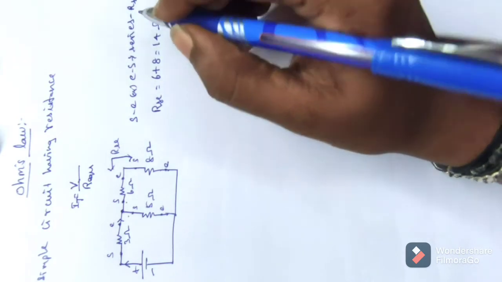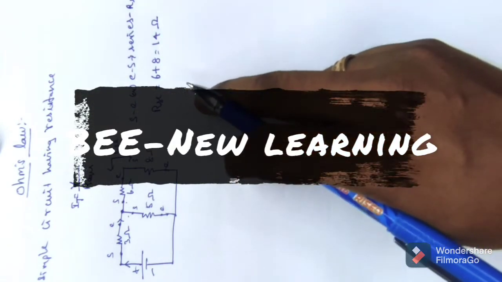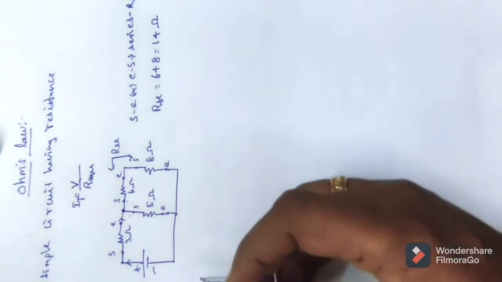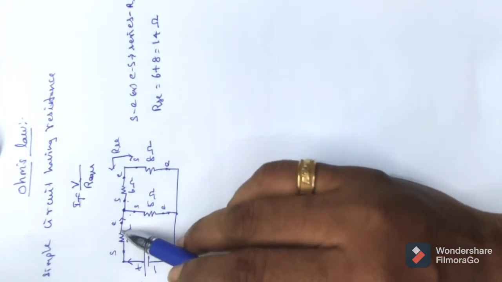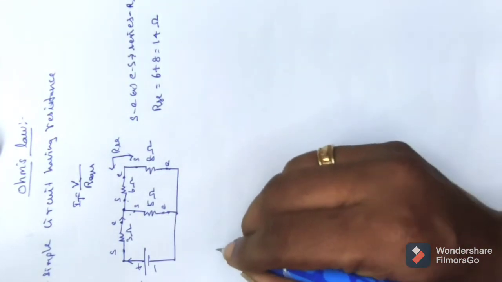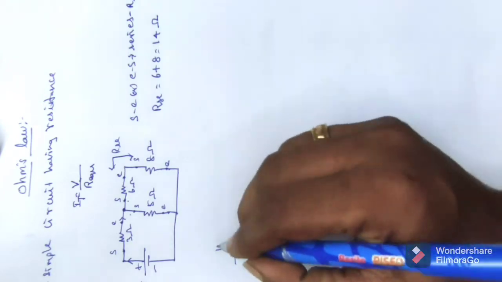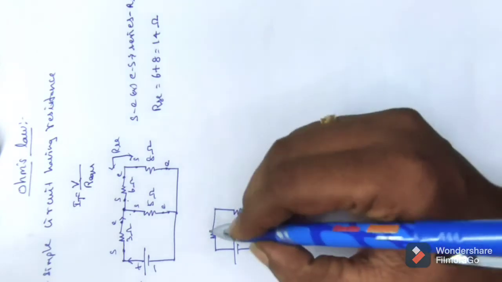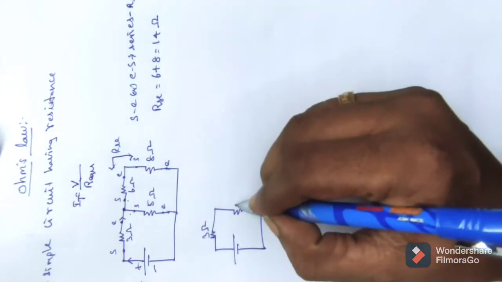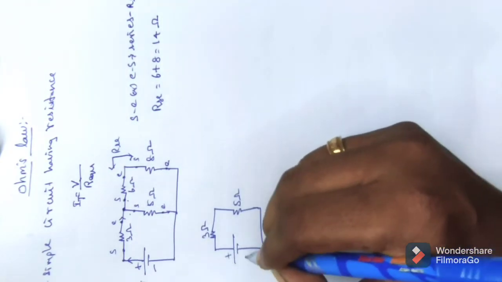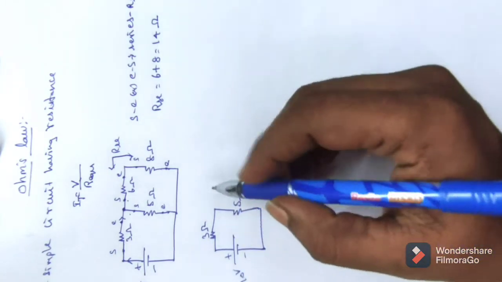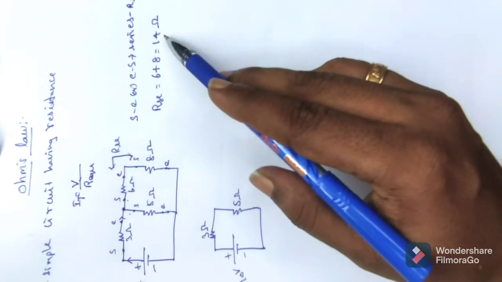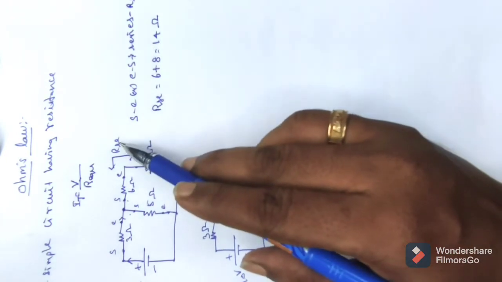So after determining this equivalence, again we need to rewrite the circuit diagram. Be careful, I will show you how to rewrite. I haven't touched this entire loop, so first you need to write that loop as it is. My circuit will have these resistance values. This I haven't touched. Now instead of these two, I am getting only one answer as 14 ohm. That is said to be R_SC.